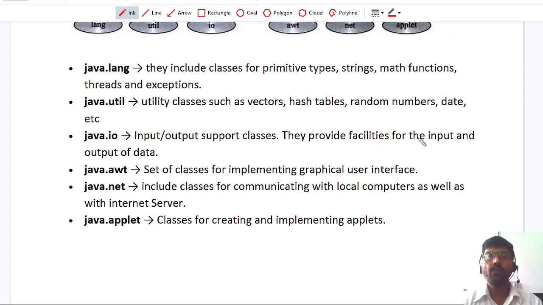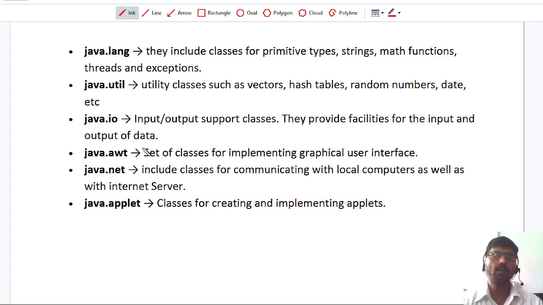They provide facilities for input and output of data. Here I can access the data, read or write, from different resources such as files, memory, and pipes. I can also access the network. So different input output operations can be performed using java.io.